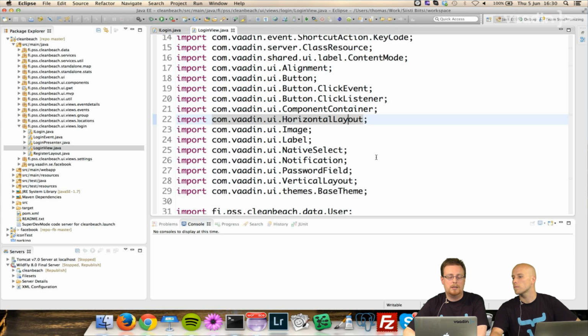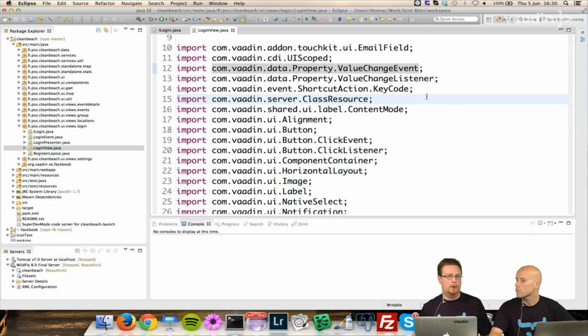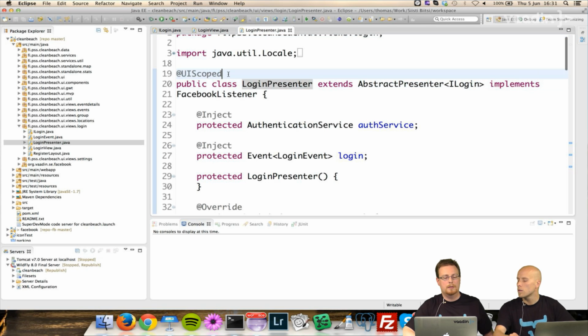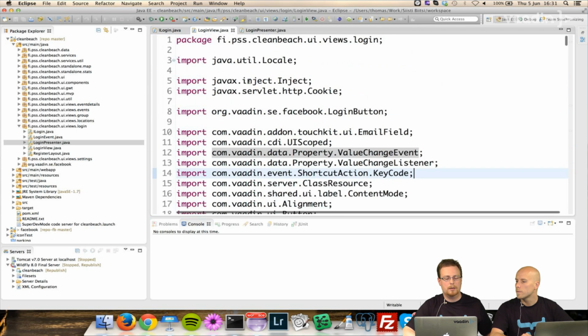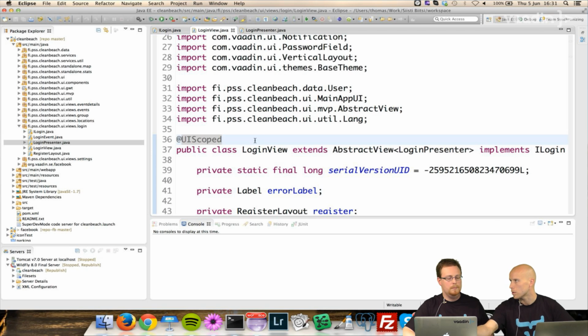So the view class contains all Vaadin code, and as you can see, we even use the properties here, so the data model. As I said, I have a rule about no Vaadin imports in the presenter because that makes it unit testable, and I'm going to show you that in just a few moments. Yeah, let's quickly look at the presenter and then go to check out those tests. Yes, so the presenter here is UI scoped. The view here is UI scoped as well. So that's one of the scopes that we provide in the CDI. So this means that you will have this object injected to each browser window. Each browser tab, yes.